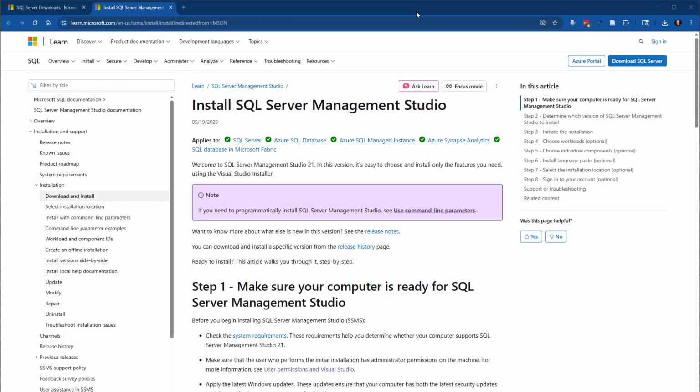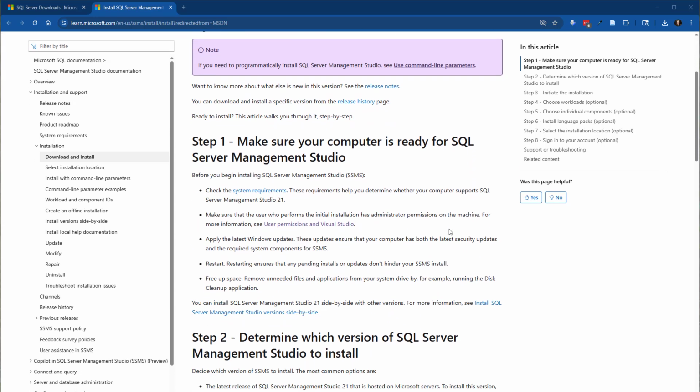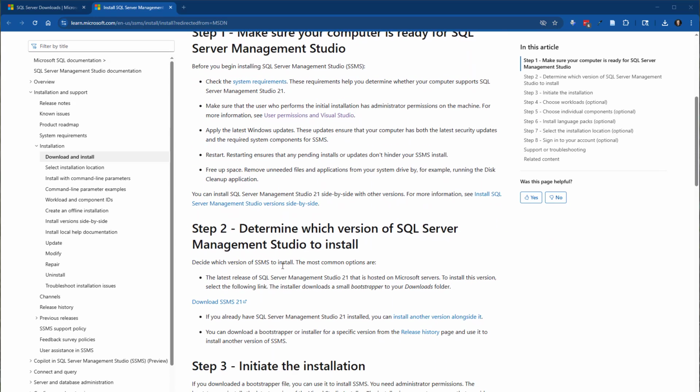This page gives me a lot of information about the software product, but what I'm looking for is the download link. So I will scroll down a little bit until I get to step 2, and I'll see a link to download the current version, which in this case is SSMS 21. So I'll click this link right here, and I will see Chrome download the link to my downloads folder. Once again, I can click open to launch that program,